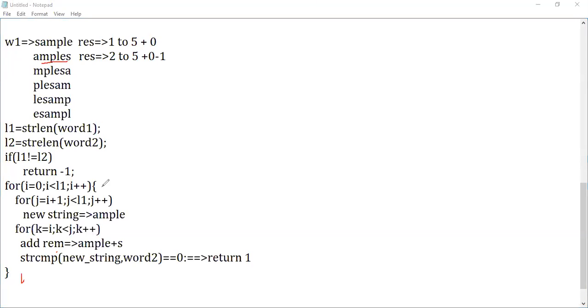So right now, your I value became 1. Starting from your second portion, the remaining characters will be taken for the next iteration. MPLE will be taken, and along with MPLE, SA will be added. Again, it will be checked. How far will it be checked? This particular condition will be checked n times. N combinations are there, so this is going to be checked n times. This is one way. Is it clear for everyone?